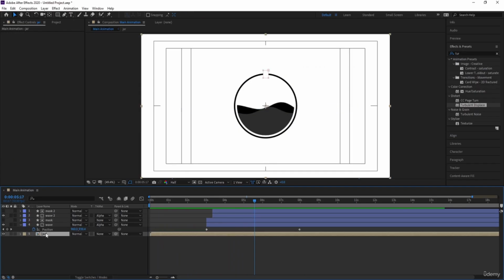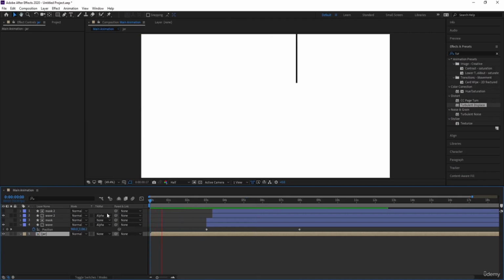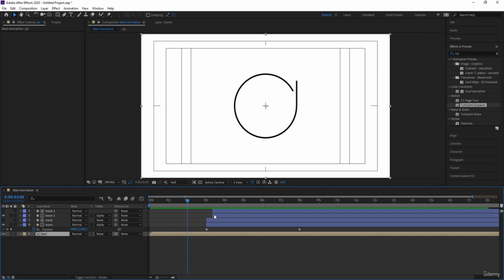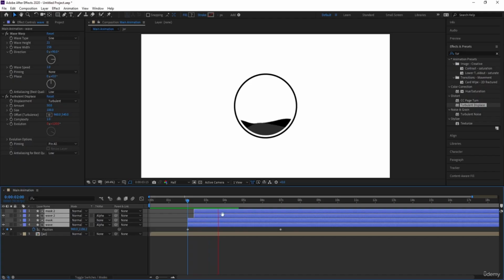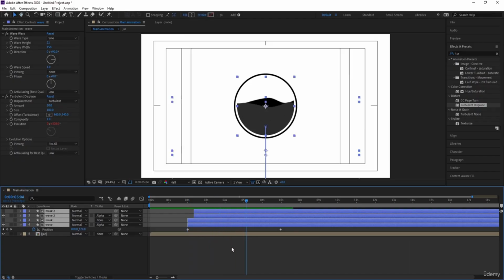And let's do one thing. We will select this jar, we will hit M, and we will delete this mask. We don't need that. It looks quite weird also. So first we will get this animation, and I think at this point it would be better if this animation starts from here. Okay,